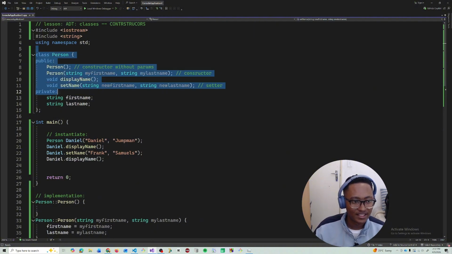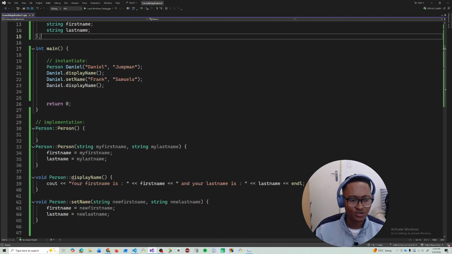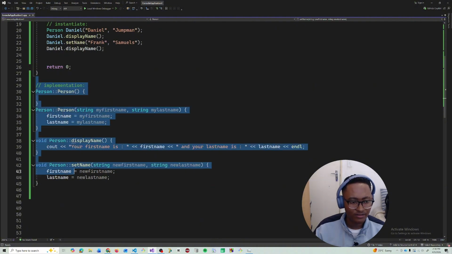So if you look at this class here, it has all the information that you need. Just by looking at it, you know which functions are inside and which variables are inside, but you don't necessarily know how they're implemented. The implementation is all the way down here. All this stuff right down here